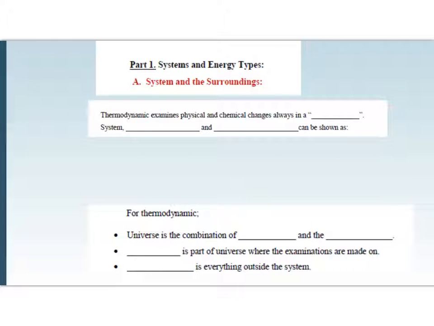Okay, first of all, let's start with defining system and the surrounding. Now, thermodynamics examines physical and chemical changes always in a system. For example, if there's any chemical reaction or any physical change, this is going to be our system. Now, system, surrounding,